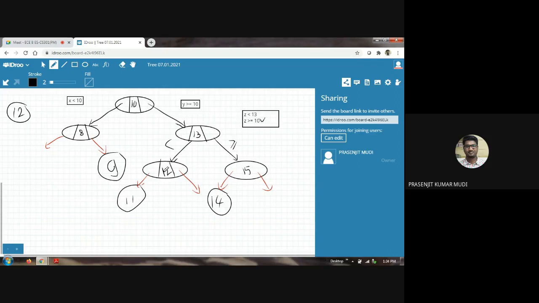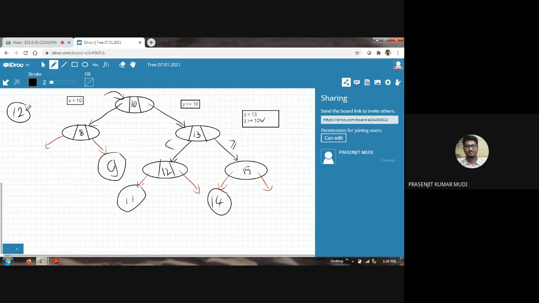Okay? So first I will start with the root node, as I said always. Whatever operation you are implementing, insertion, deletion, or traversal on a tree, you have to start with the root node. So first I will start with the root node, that is 10.